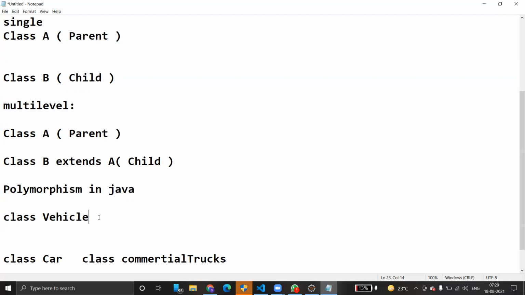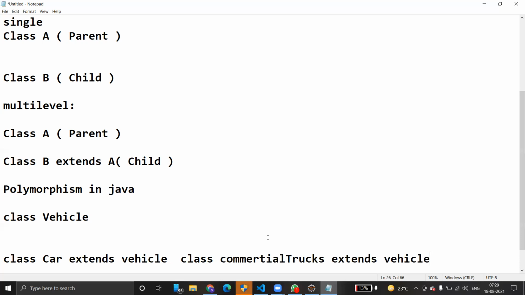How do you do that? By extending: class car extends vehicle, and commercial trucks extends vehicle. Vehicle is a super class, and both classes can use the gear system method.